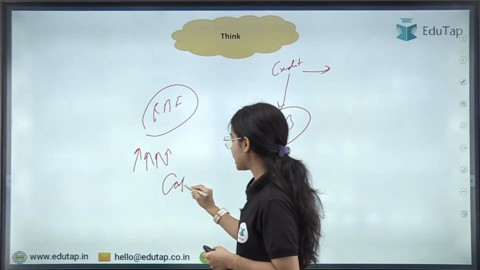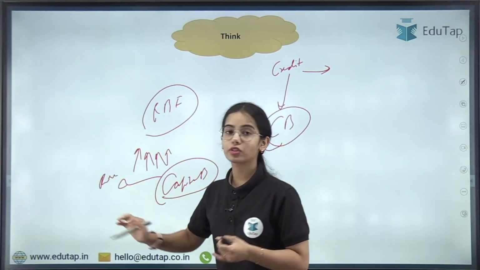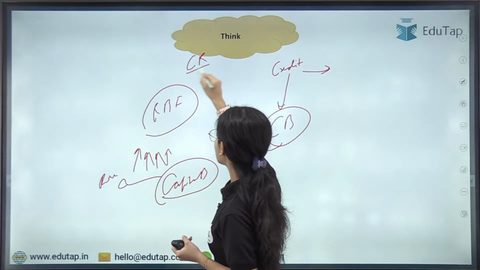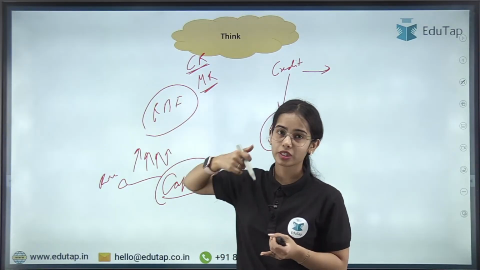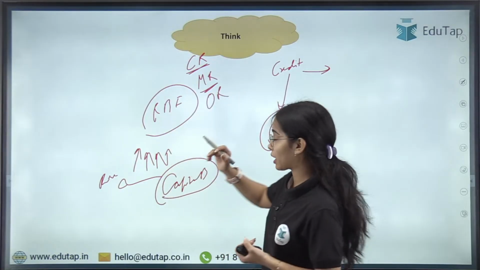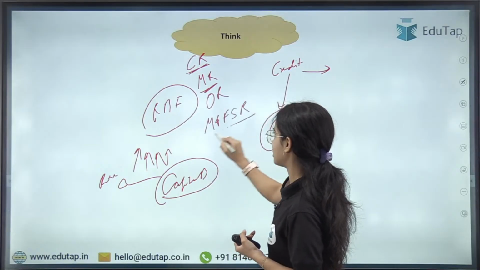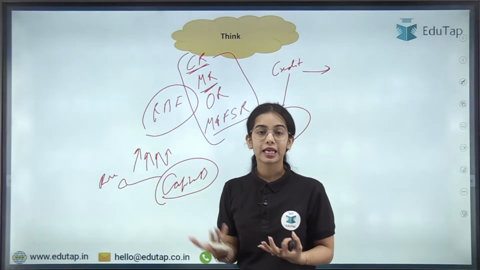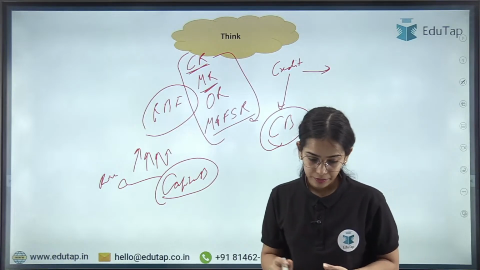The RBI should also maintain capital buffers so that if any of the risks come, so there are four major risks. Okay, there is the credit risk, there is the market risk. In the market risk, interest rate risk, exchange rate risk, all of this comes. Then there is the operational risk in the operations of the Reserve Bank of India. Then there is the monetary and financial stability risk. Okay, so these are the four major risks that the RBI faces, and for these risks the RBI has to maintain the capital buffers. Okay, nice.